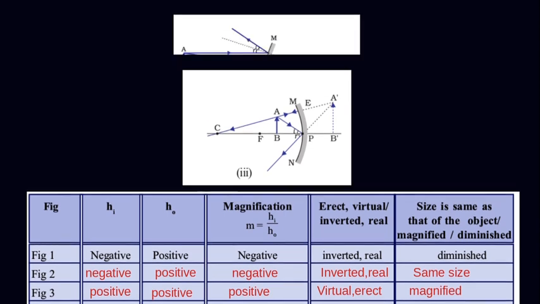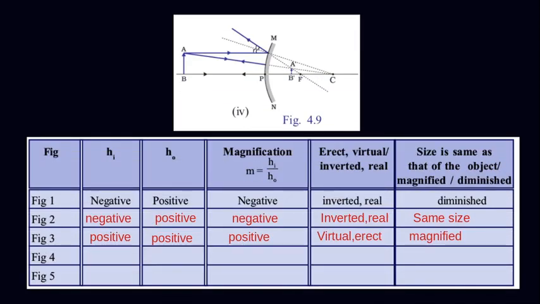Okay. Now another thing, that is convex mirror. In front of that convex mirror there is an object placed, AB. And what about the image? Image is formed in between F and P, that is also virtual and erect but diminished. Okay. Let us see the height of the image. Height of the image will be positive, and height of the object will be positive.